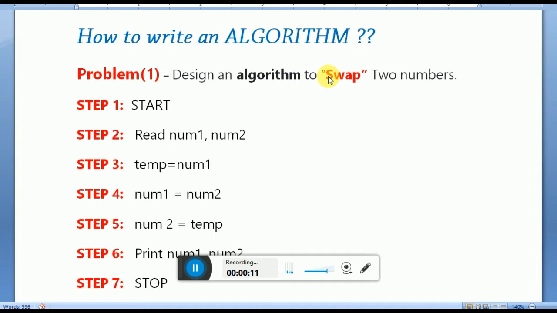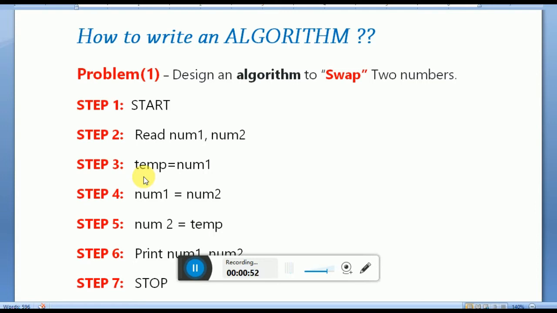So now let us see what swap or swapping means. Okay, suppose let's take two variables x and y. x holds the value of 10 and y holds the value of 20. So at the end of this swapping program, x should hold the value 20 and y should hold 10. Generally, the basic approach is to use a temporary variable like this. The temporary variable acts as a placeholder to hold one value till you transfer the other value back.